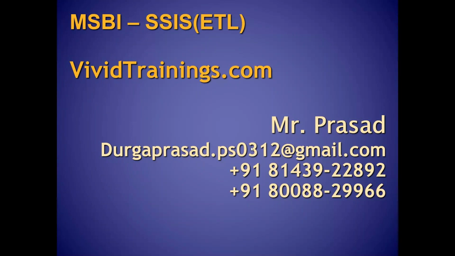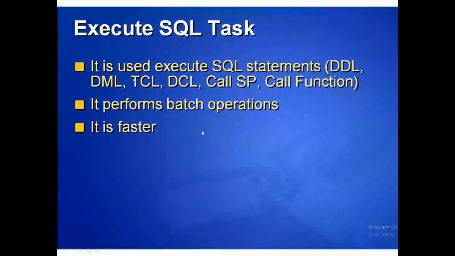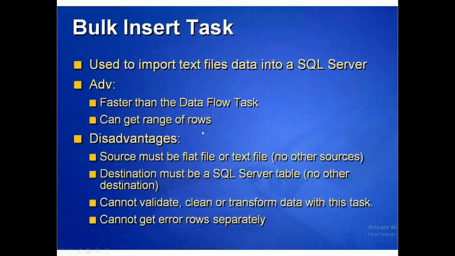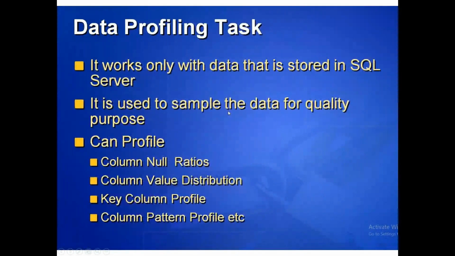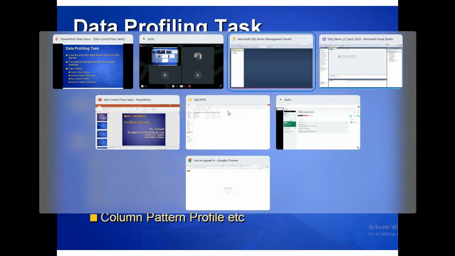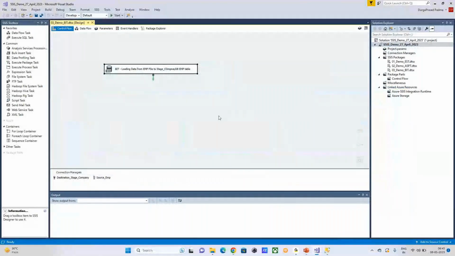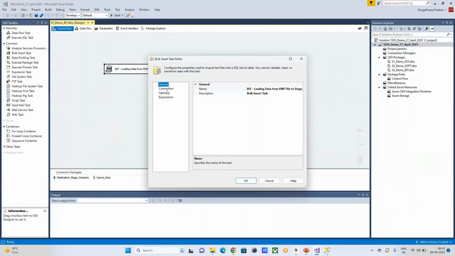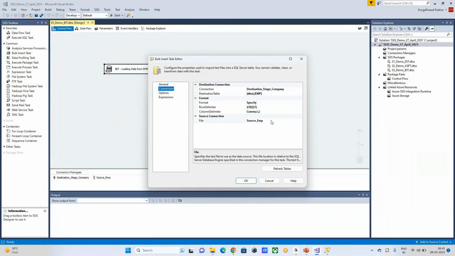So, in the previous session, we discussed some of the tasks in SQL, in SSIS, right? We discussed clearly about the bulk insert task. We have done this bulk insert task, and we have loaded the data. When you go to the connection, we took the source file, that is the employee file. So, the path is